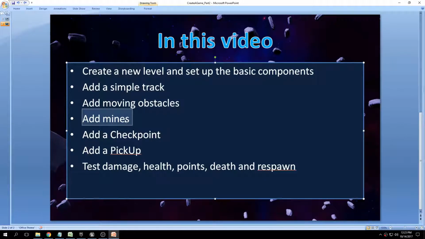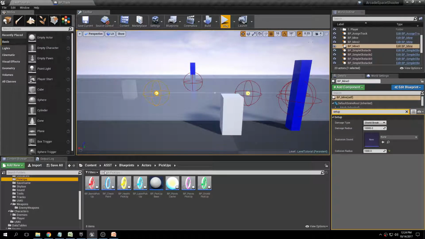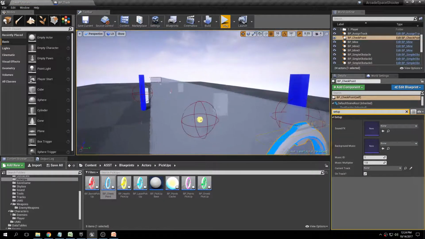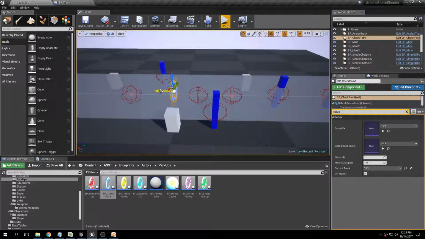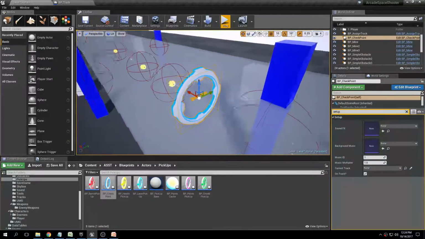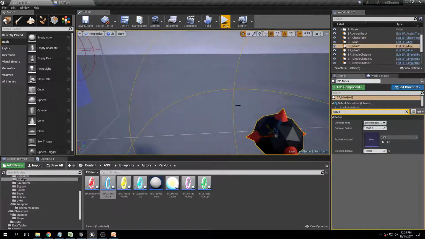Okay, so we've added the mines. Let's make sure now that we add a checkpoint. Let's go back to Unreal, go to pickups, actors, and then pickups, and drop a BP checkpoint. And all this will do is save the location on the track. So let's make sure that we have the ability to save the checkpoint right before the mine. So actually, let's move the mines a little bit more